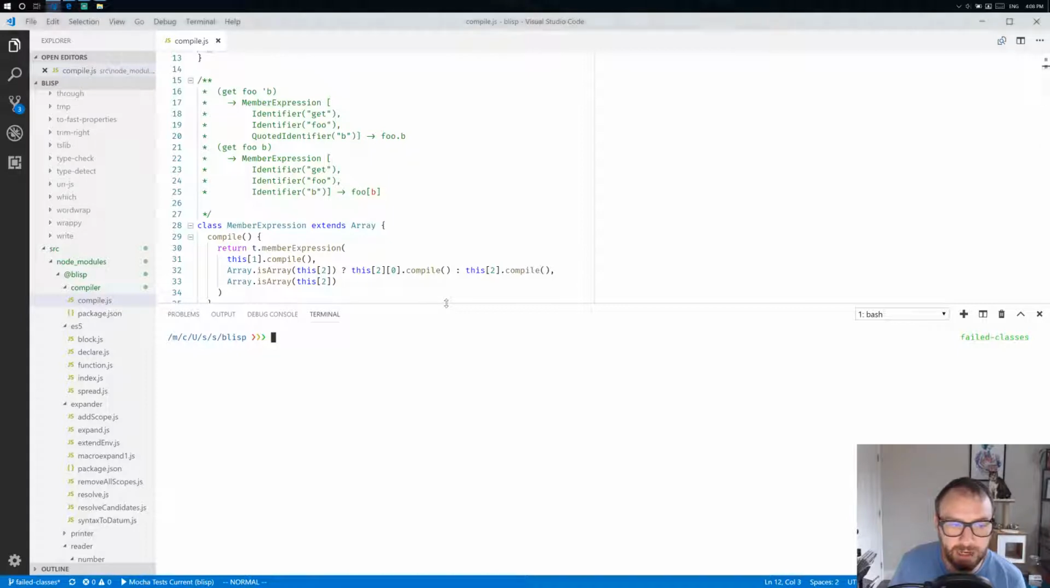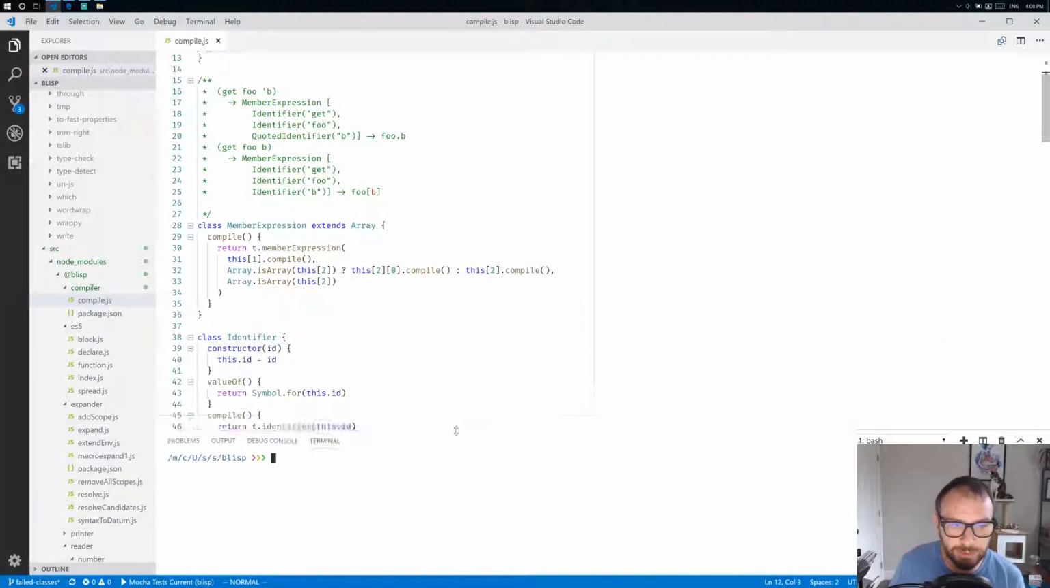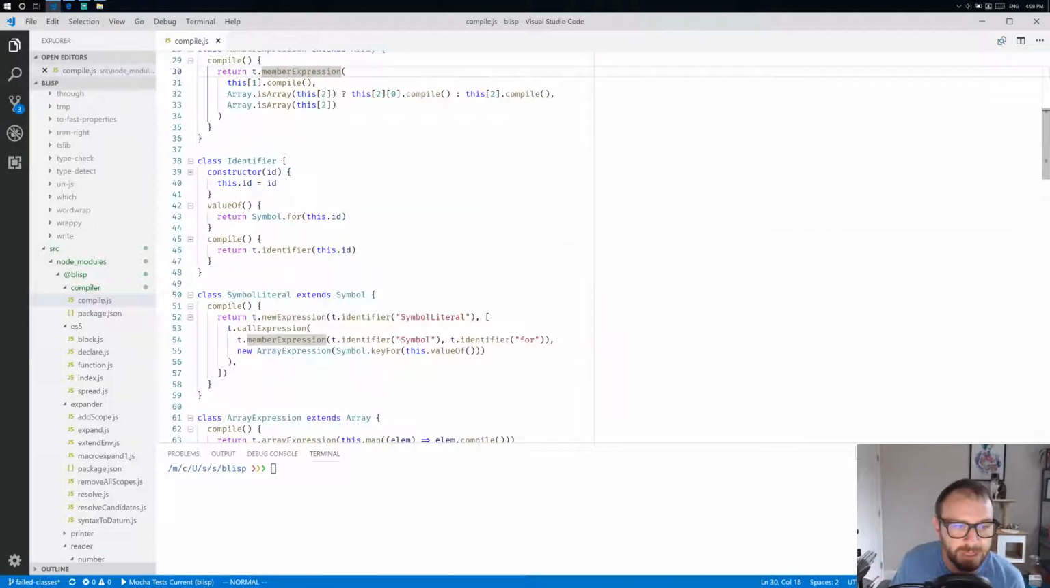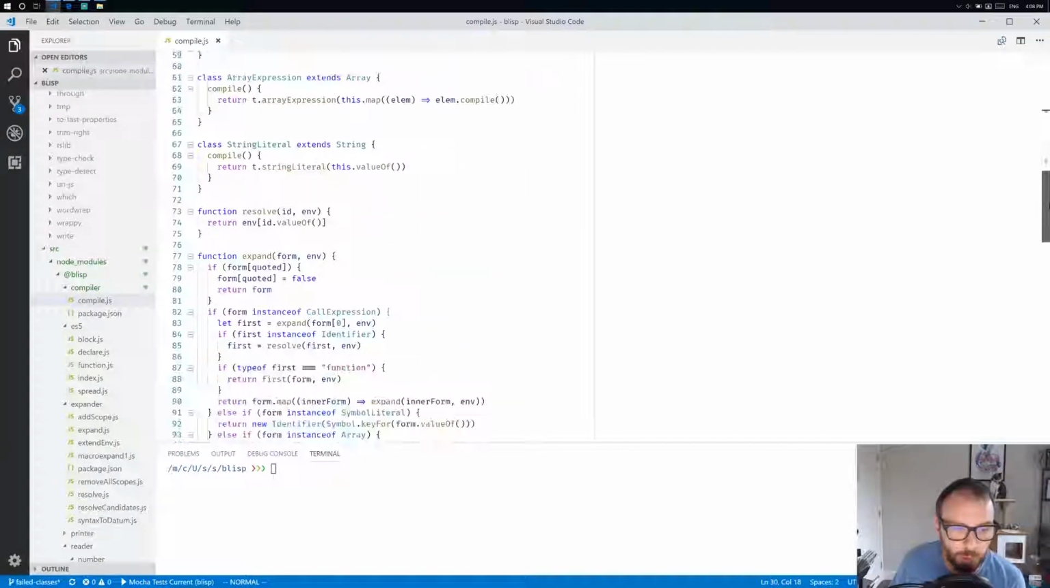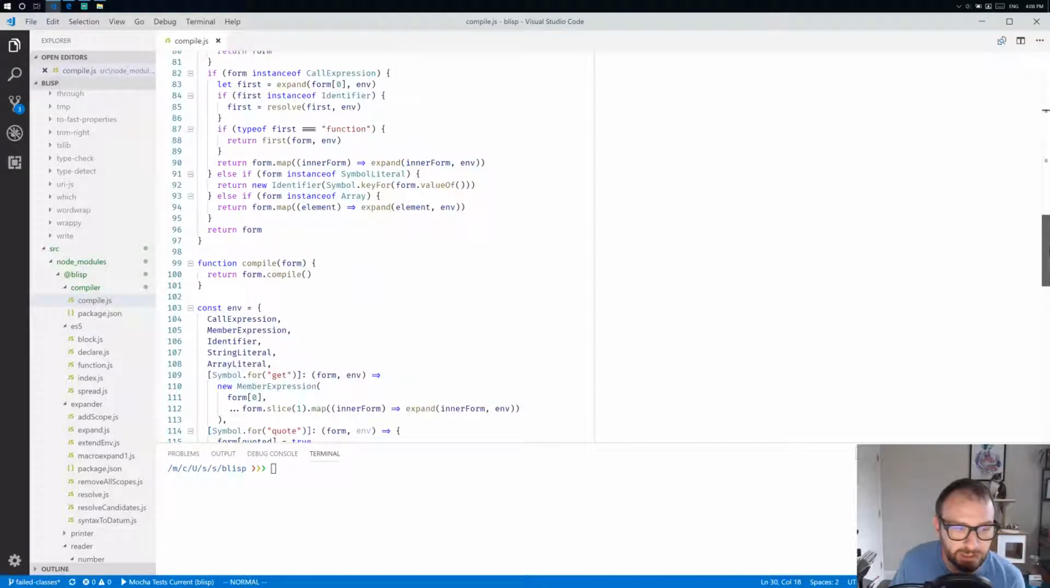So last time I had this crazy idea on how we could structure our AST. Basically the concept was that as we expanded our S expressions, we would essentially assign them classes that subclassed array. And based on those classes, we could compile those S expressions into different Babel AST nodes. Ran into some problems when I started trying to build quote, and that is because